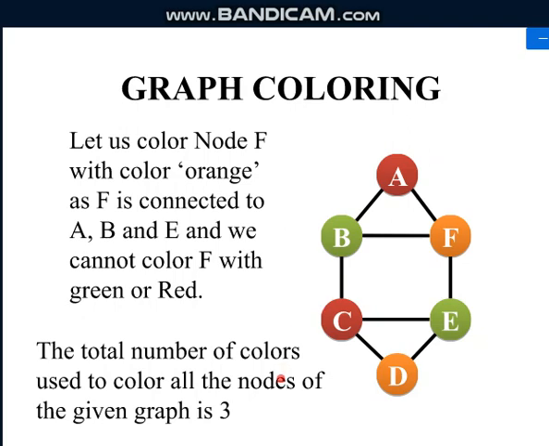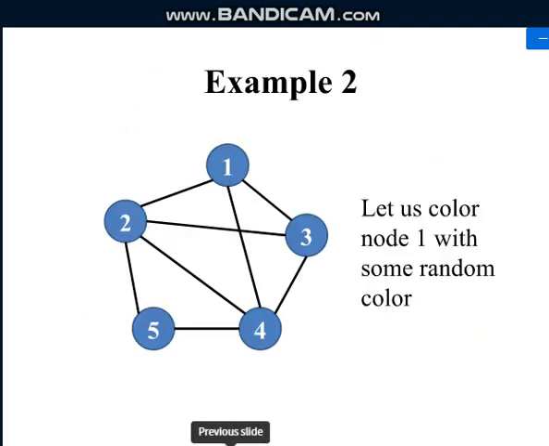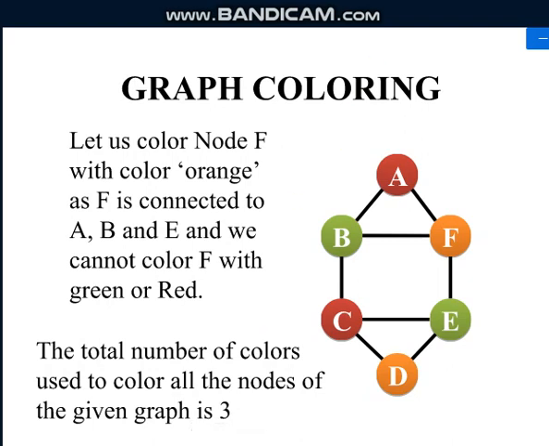So this is what graph coloring is. If you look at this example, I hope you have understood it. So how to color the nodes? We start with the sequence. In order to start, we started with the node A. From node A we reached node B because that is the next in the sequence, then C, then D,